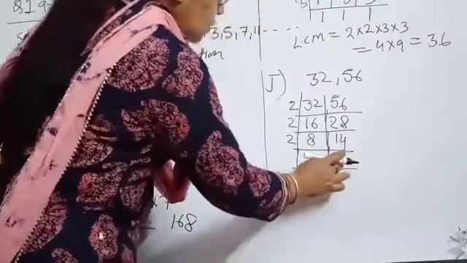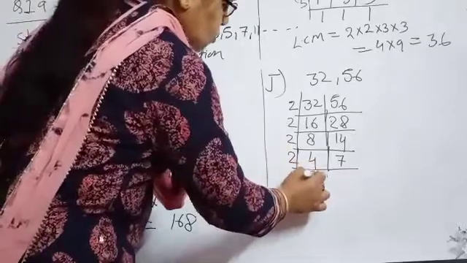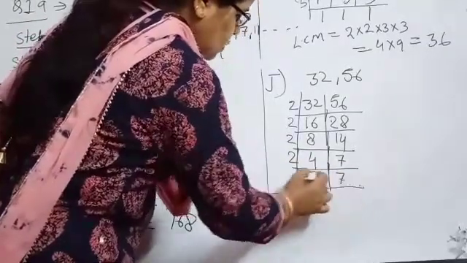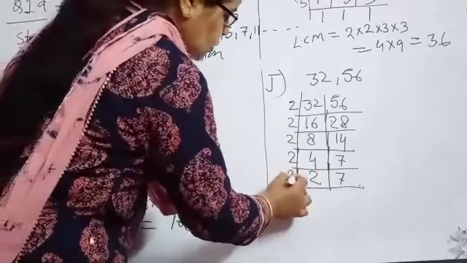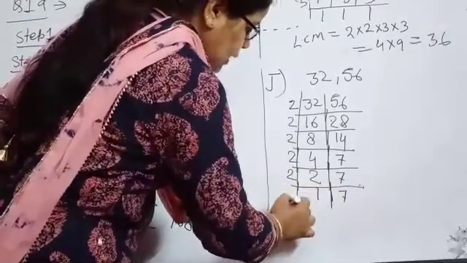Still we can't move on to 7 till that, because 4 is divisible by 2 further. 2 2s are 2, or 7. Copy down. If the number is not divisible, copy it down. 2 1s are 2. Now 7. Now the divisibility of 2 has completed.